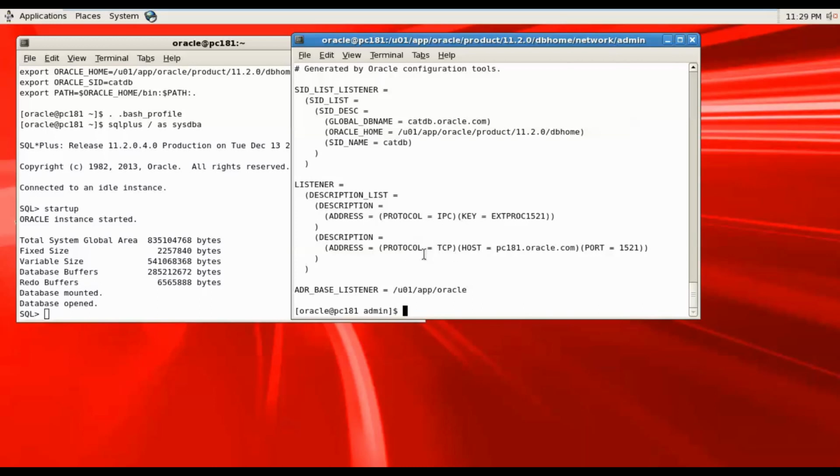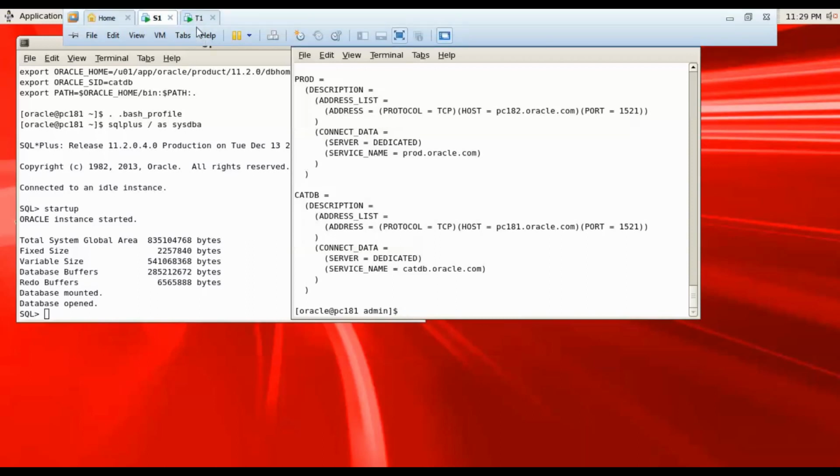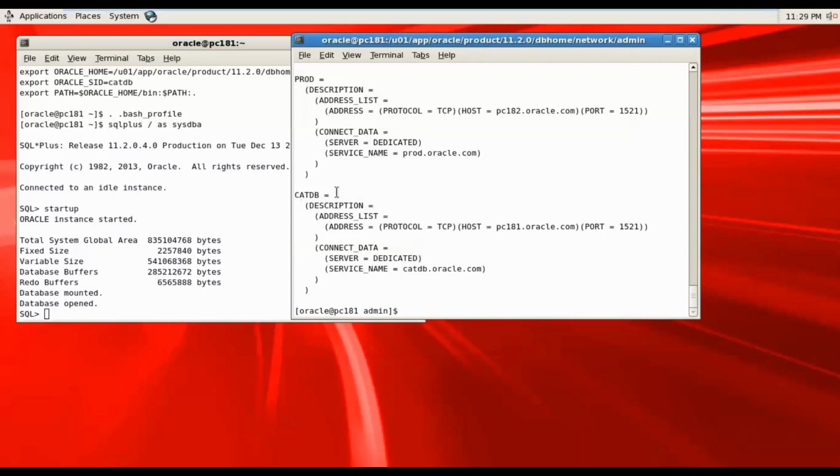SID list listener and listener name, everything is set properly. And if I do cat tnsnames.ora, I will have both proddb and catdb details. You can see proddb is running on pc182 and listening on 1521, and catdb running on pc181 and listening on port 1521. So the tnsnames are also properly set here.